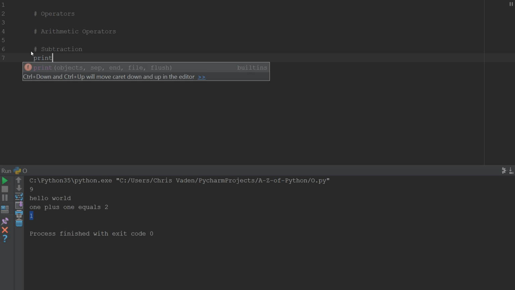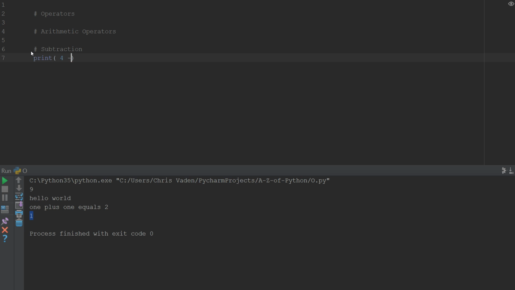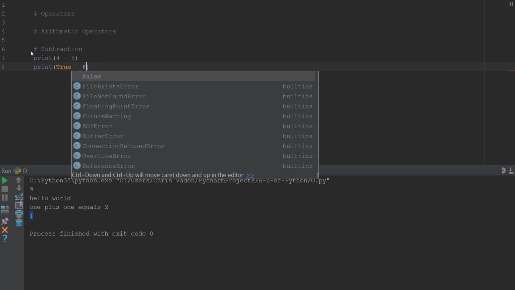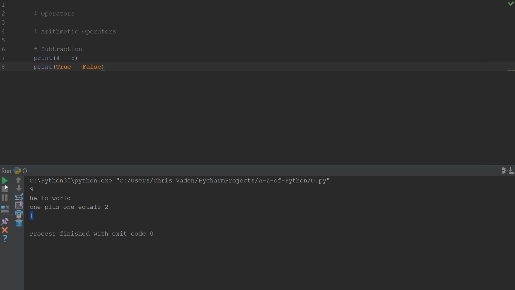So I'm going to print 4 minus 5, and we'll print out true minus false, and this works just fine. So you get -1 and 1, so it's 1 minus 0, okay, and then 4 minus 5, that works just fine. But what we can't do is we can't say like cat